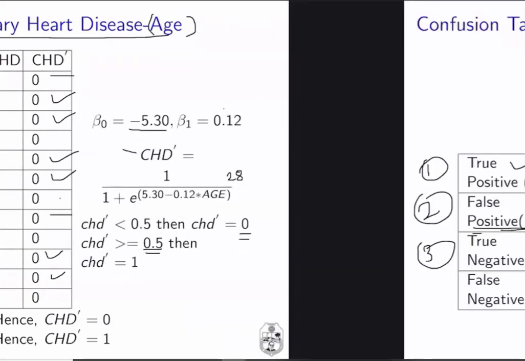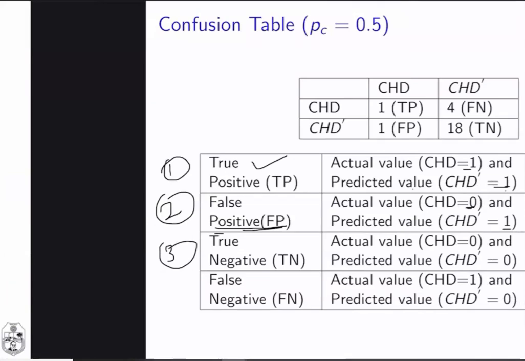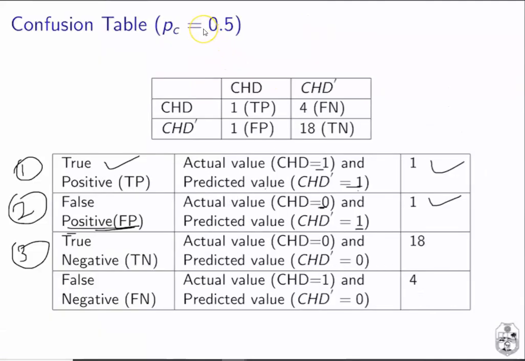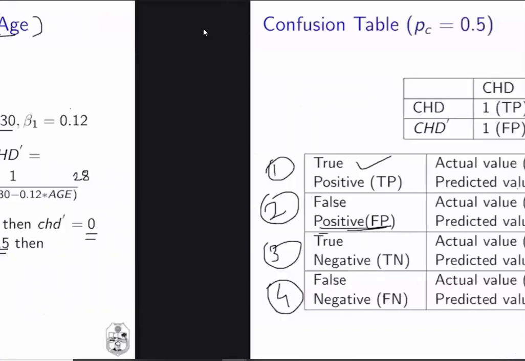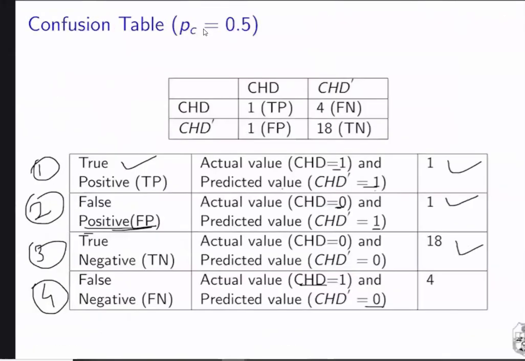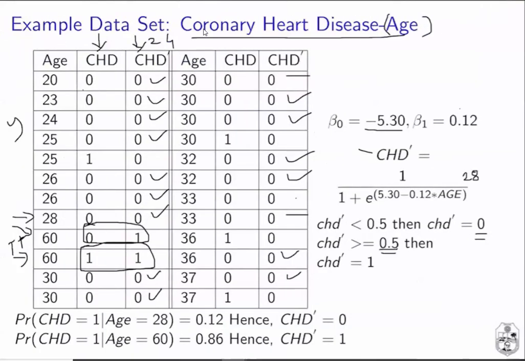Similarly, if the actual value is 1 and the predicted value is 0, then those kinds of entries are called false negative entries. And how many false negative entries are there, of the type 1 0? See here, this is the first 1 0, and this is the second 1 0. This is the third 1 0 and this is the fourth 1 0.